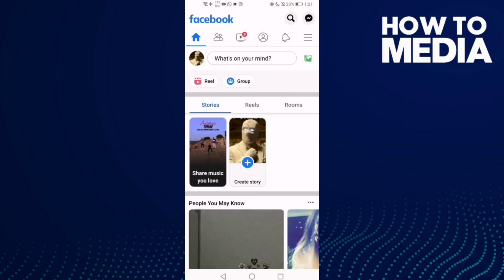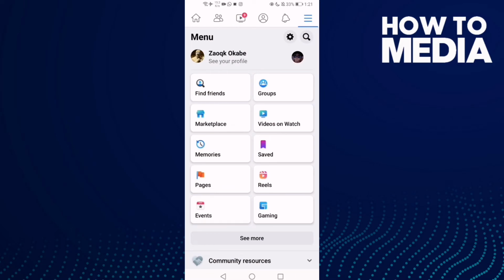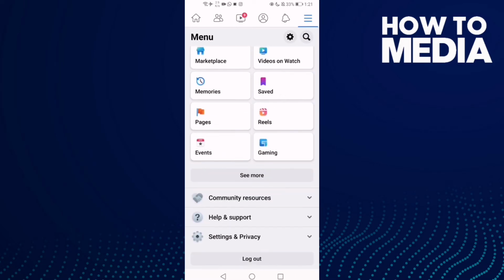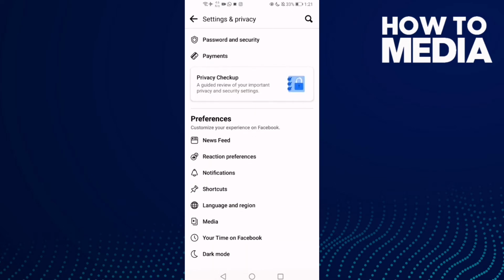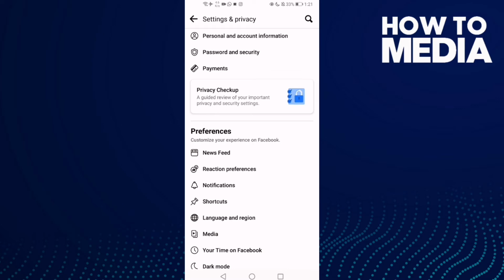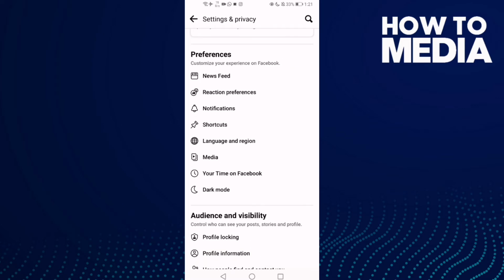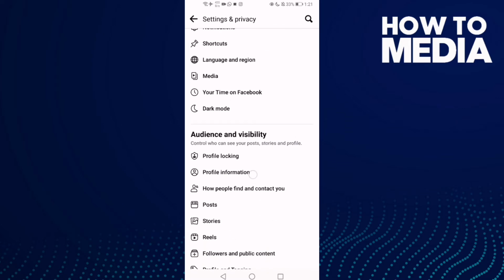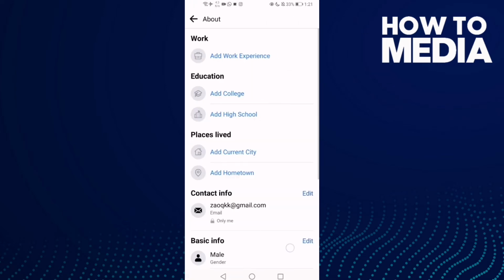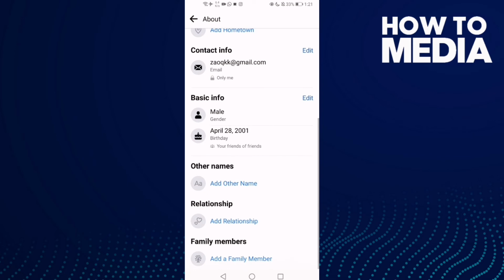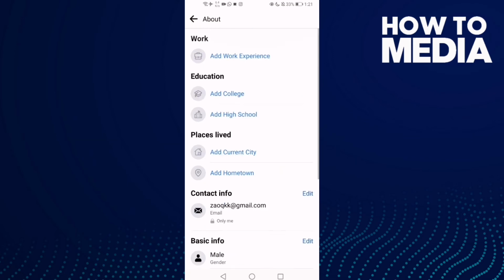and then click these three lines here, and now click this one, settings and privacy, and then click settings, and now click here, reaction, this one. Go down until you find this one, profile information, and as you see now you can manage profile information easy